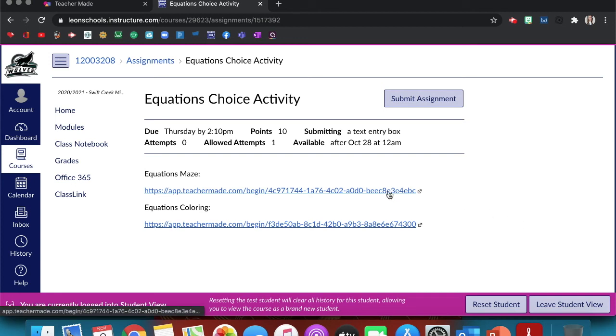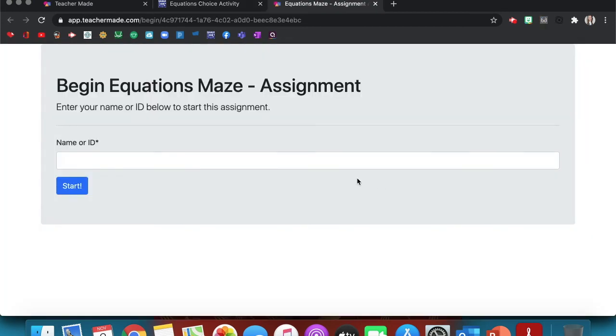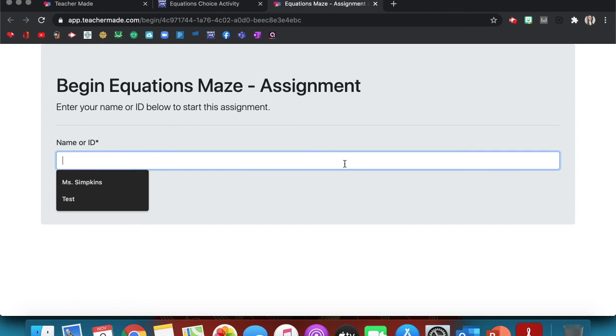They said it was super easy. So what they do is they would click on it, and this is something that I would suggest, just so it alphabetizes them, I would suggest they do last name, comma, first name. I made the mistake of just letting them do their first name, and it was a little hard to go through and find the grades. So if they did last name, comma, first name,